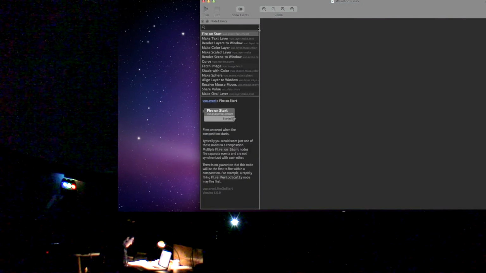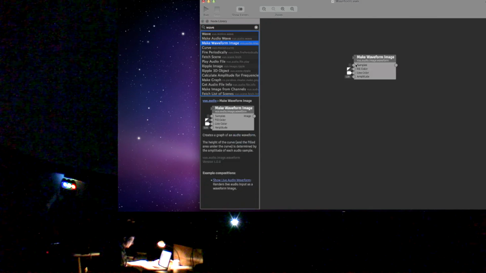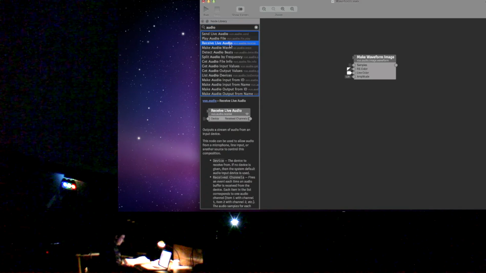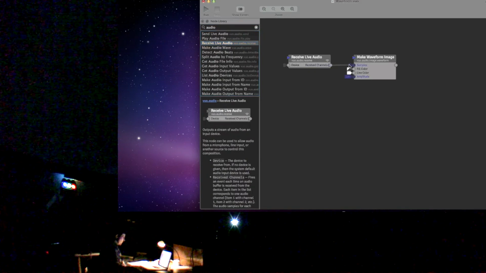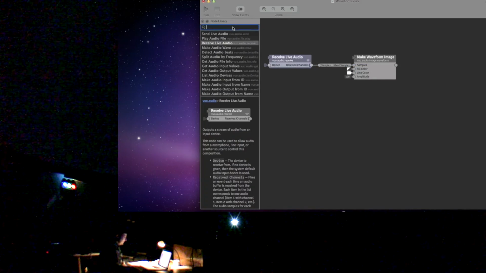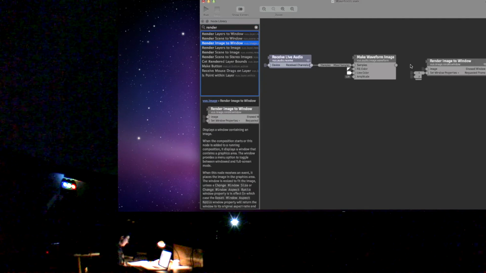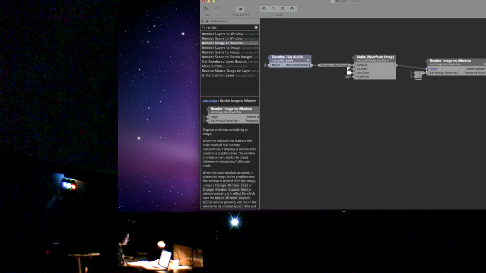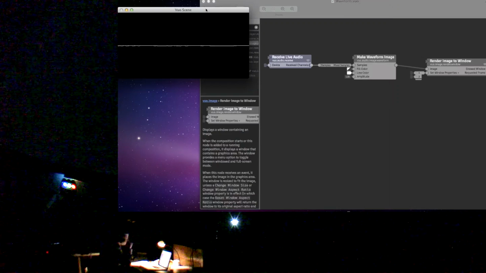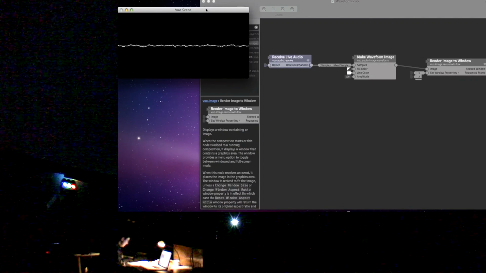Okay, an audio wave graph actually makes an excellent starting point for a music visual. So there's a built-in node for it in Vuo. We just have to pull in the audio and send it through the make waveform image node and render it onto a window. And since my computer is not hooked up to any audio inputs, I'm just pulling it in through the built-in mic. Okay, so that's just rendering the waveform.